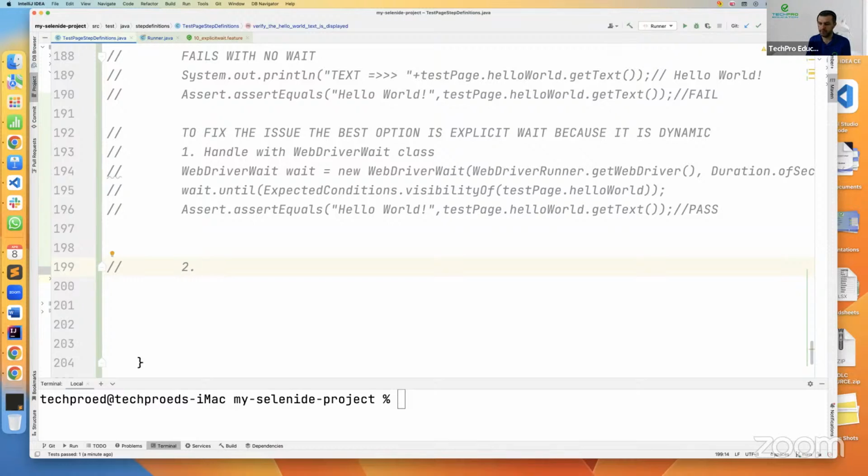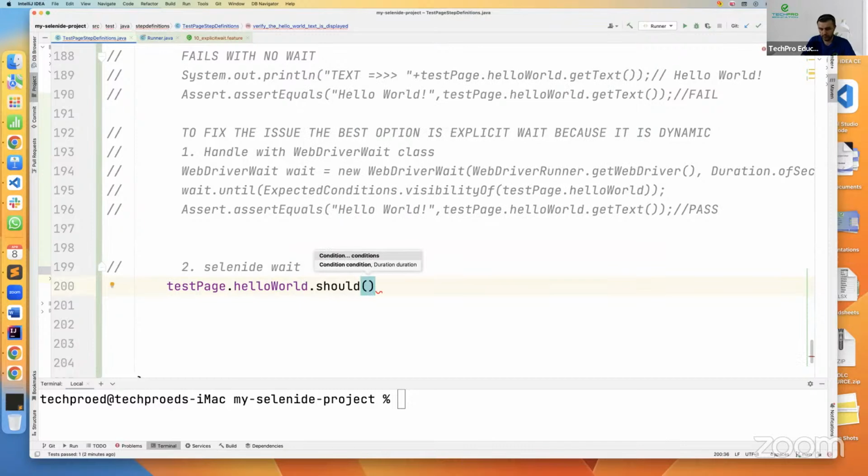We can use Selenide wait. For instance, the same thing can be done without creating any WebDriver wait object. How can we do it? We can use test page. We can get that hello world element, and we can say should visible